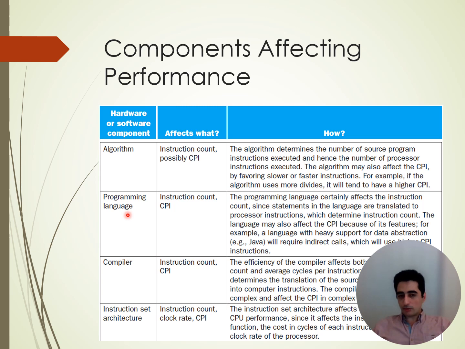The programming language that we use to write the program will affect the performance. The compiler that we use to convert that language into a low-level language understandable by computer hardware is another component that affects the performance greatly. And finally,